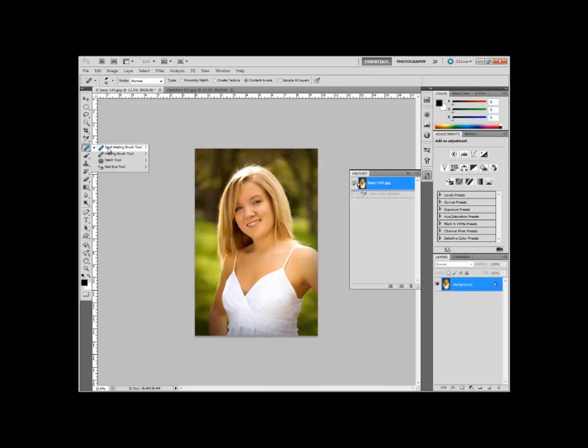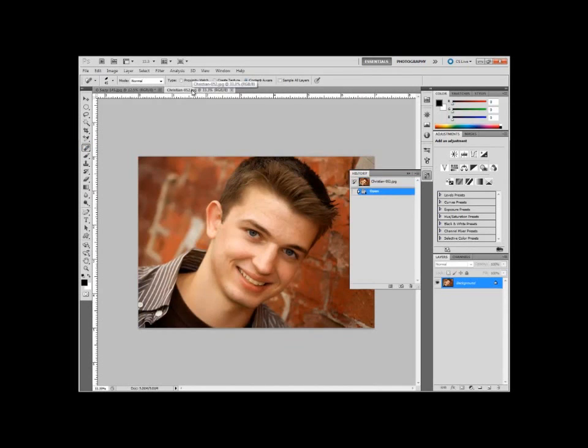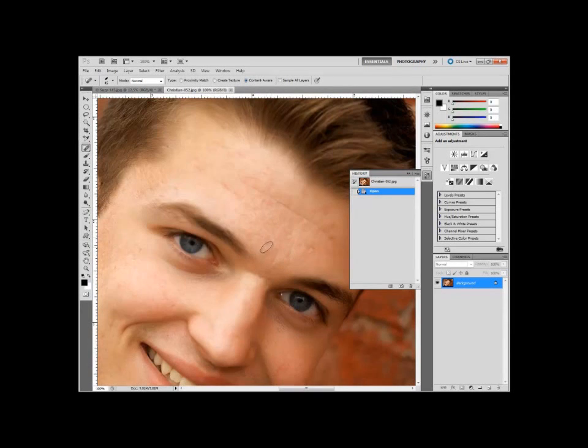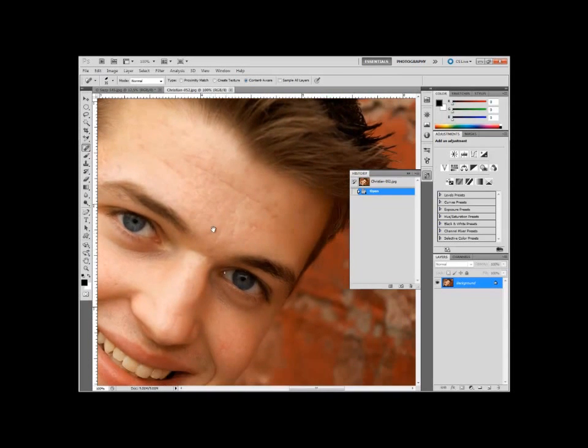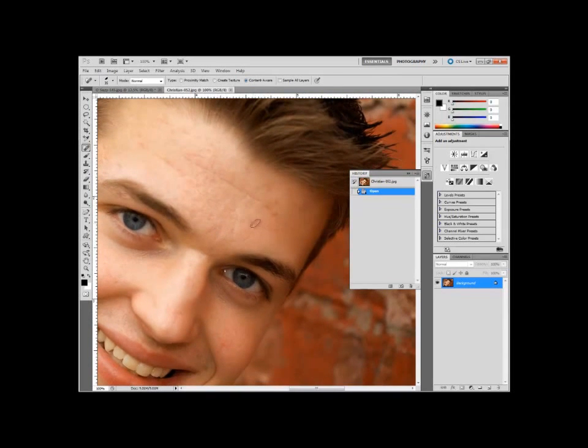Our next set of tools are your healing tools, and these are some of the tools that I use all the time. Let me go to another picture with a guy that has a bit of acne. I can zoom in, and if I just brush it in here, you can see his blemishes just go right away. And this is the spot healing tool. It just does it automatically. It senses